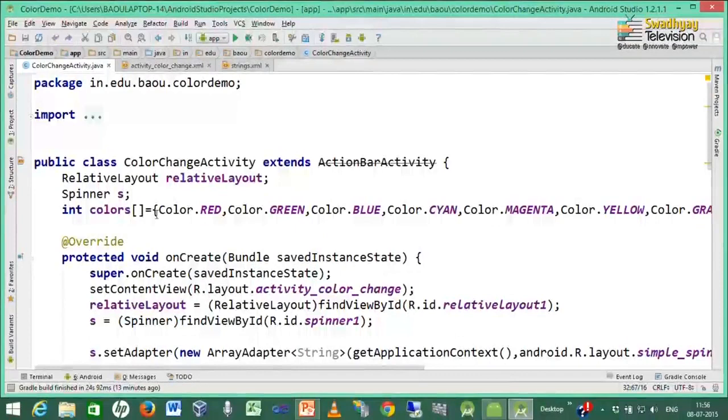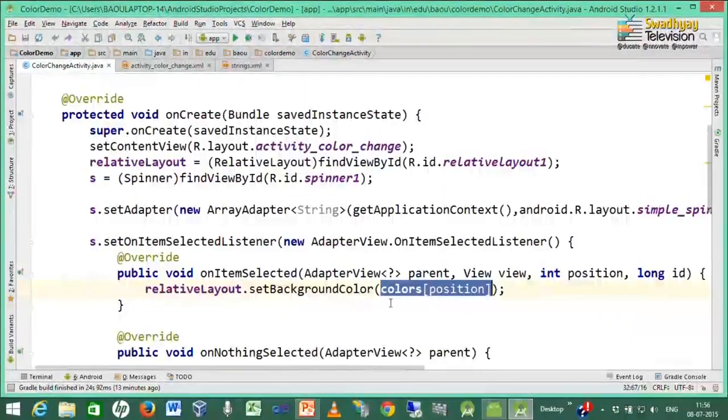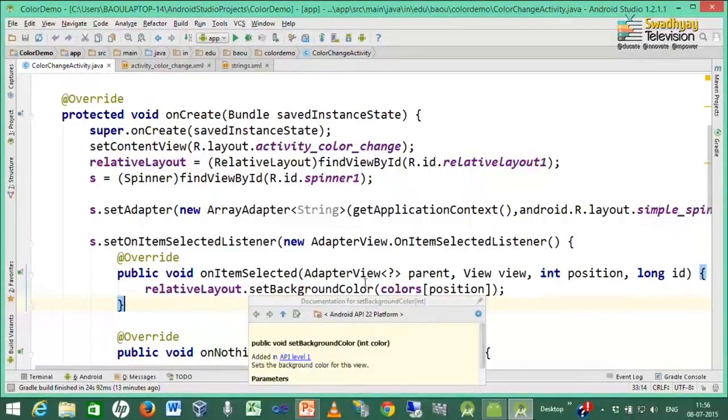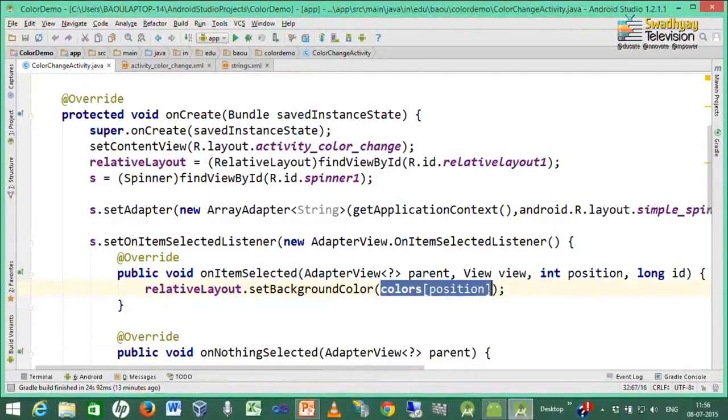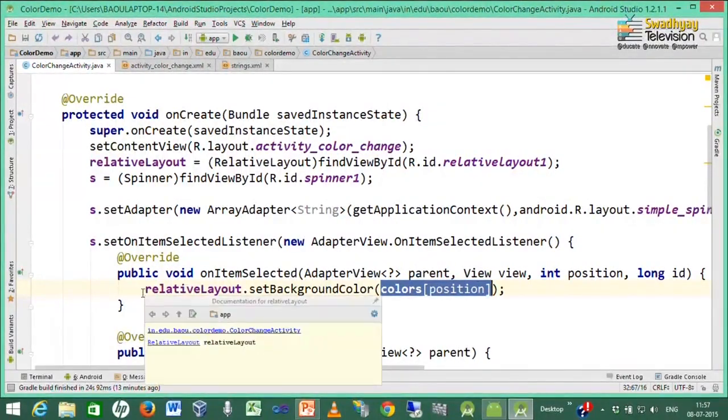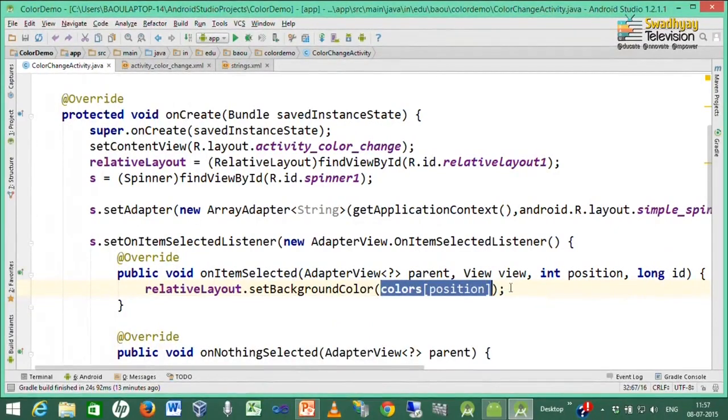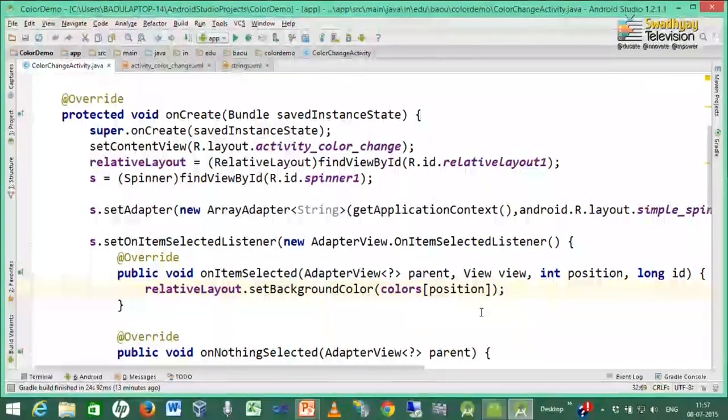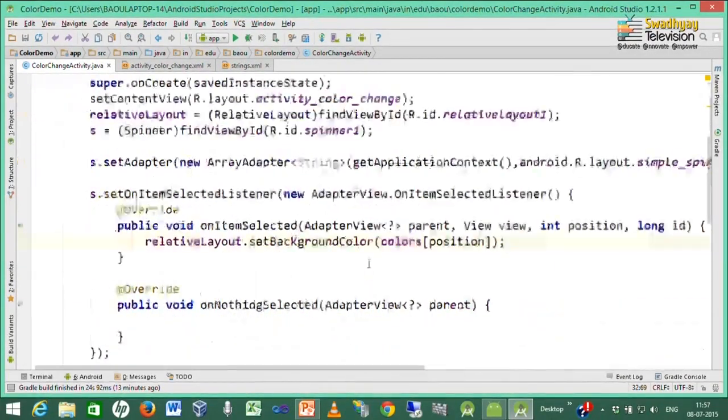So, this color represents the same color which is available in the spinner. So, this method will set the exact color specified by the user in the list at that particular position. So, this one line of code will do the entire mapping process between color names and color constants.